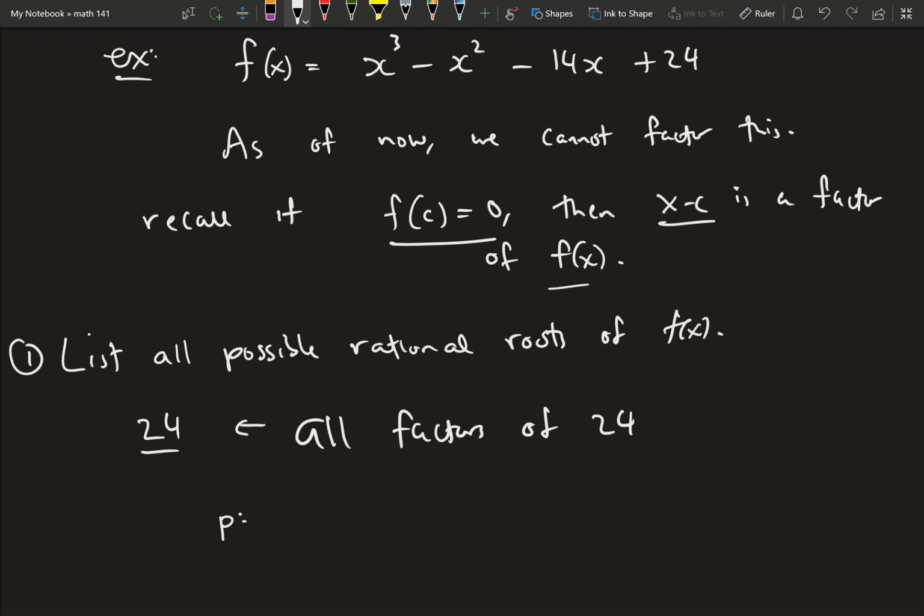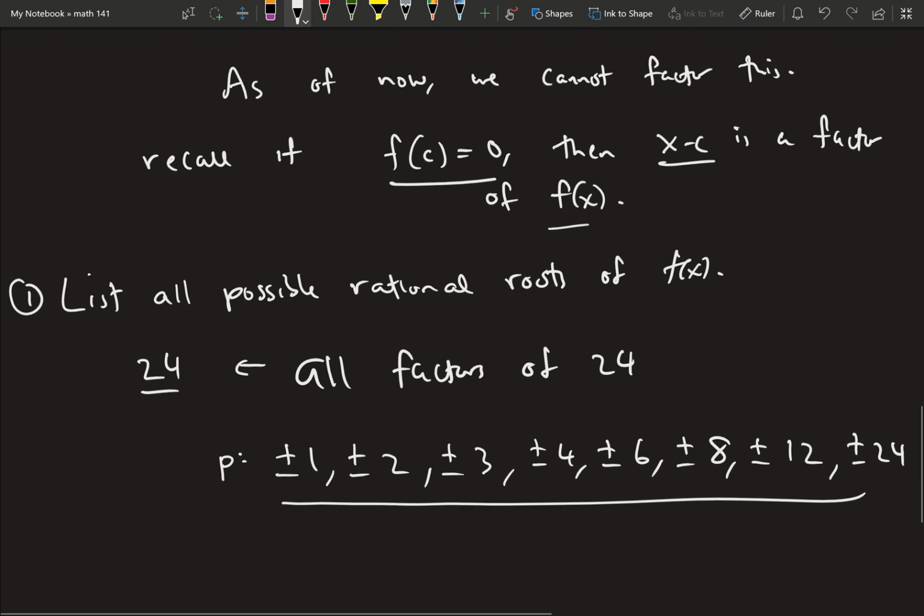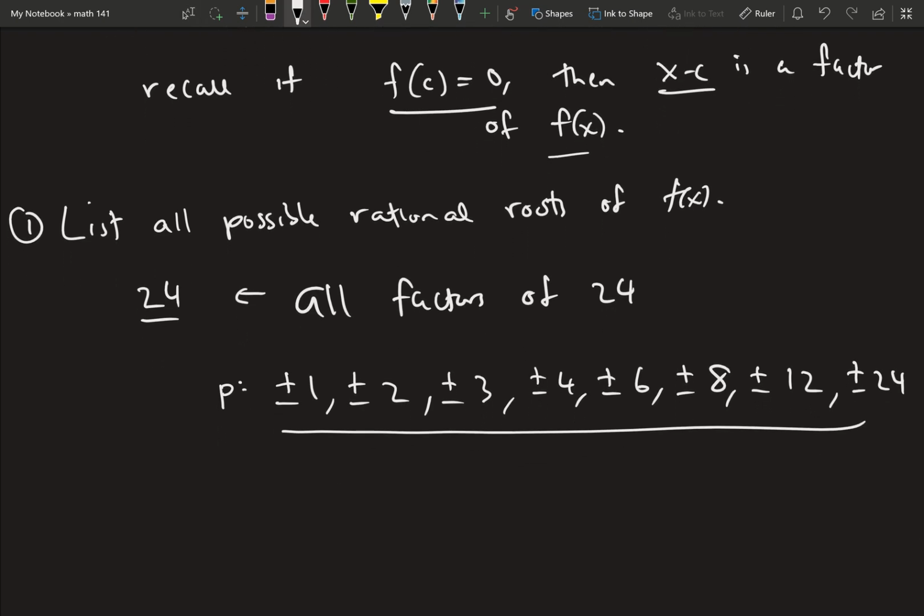So p could be plus or minus 1, right? 1 is a factor of 24. 2, and we always list both plus and the minus. 3 goes into 24. 4 goes into 24. 6 goes into 24. 8 goes into 24. And 12 goes into 24. And of course 24 itself goes into 24. So this is the list, and it's a long list, I know, but these are all